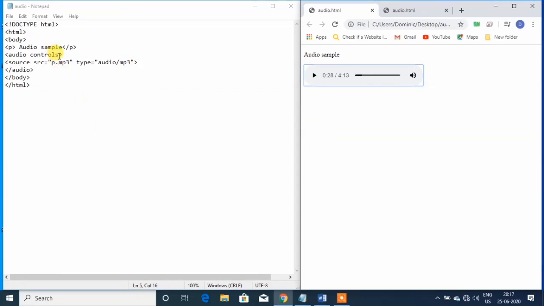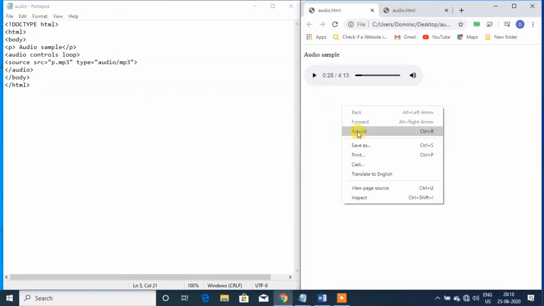Let's see another attribute, the loop attribute. Suppose you want to play the same song continuously, so you can use the loop attribute. Save this file and refresh the page.